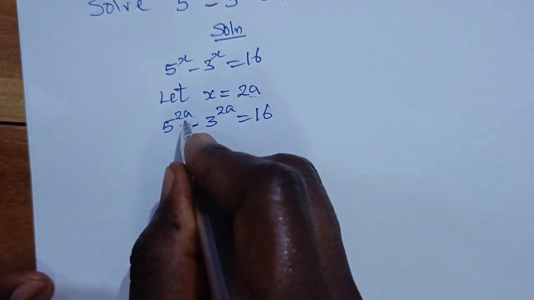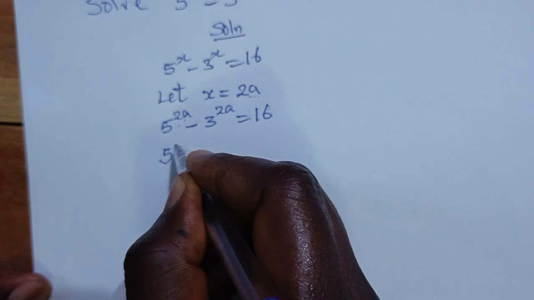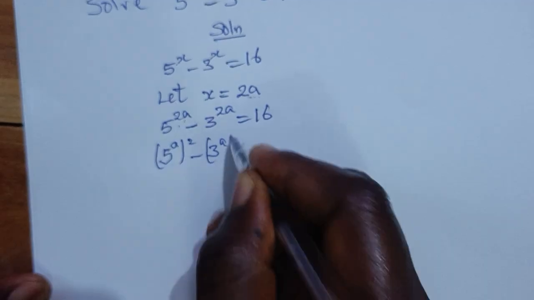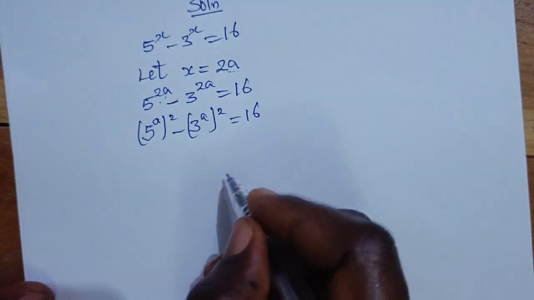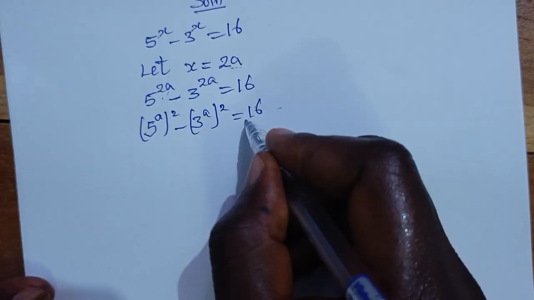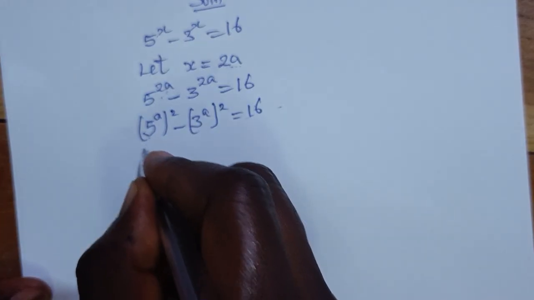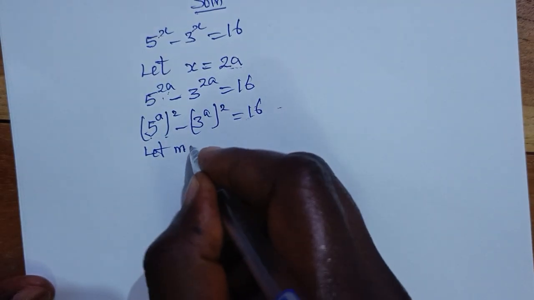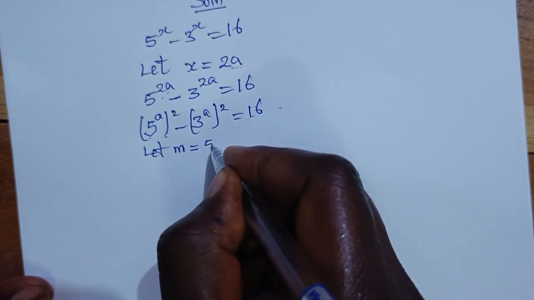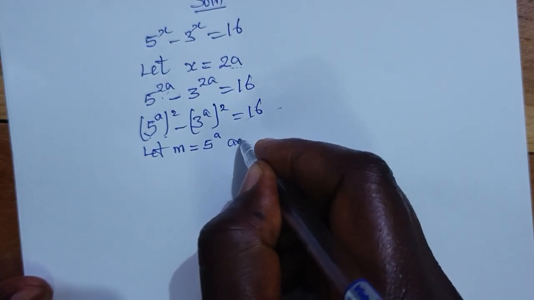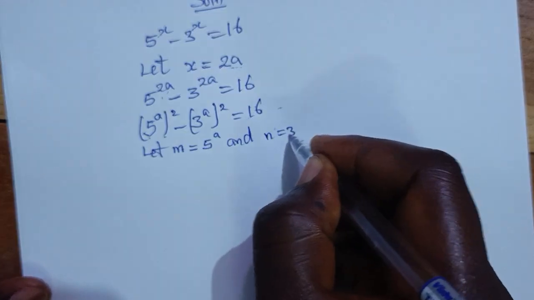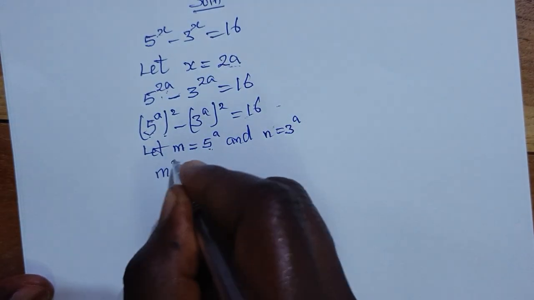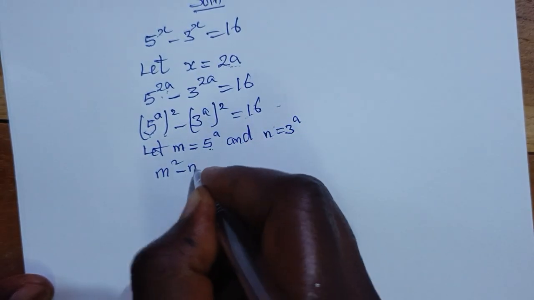Now, the next step is that this can be written using the law of indices. We have 5 raised to power a, all raised to power 2, minus 3 raised to power a, all raised to power 2, equals 16. Now, 16 can be written as a product of two factors. Let m equal 5 raised to power a, and n equal 3 raised to power a. Wherever you see 5 raised to power a, you put m there. We have m squared, and whenever you see 3 raised to power a, you put n there, minus n squared